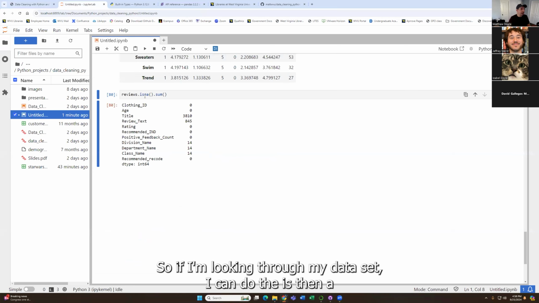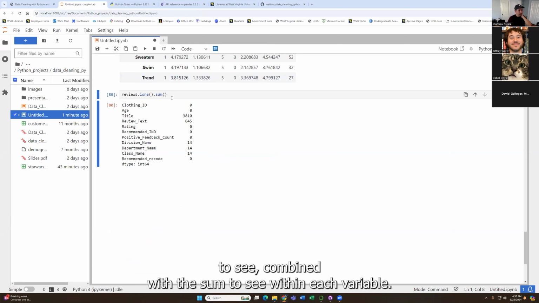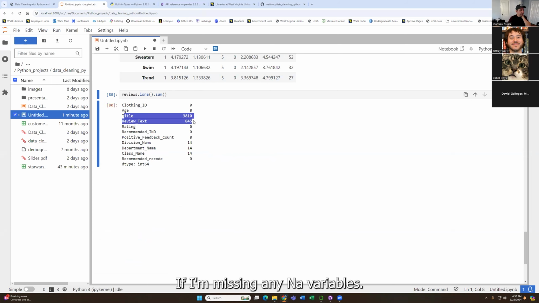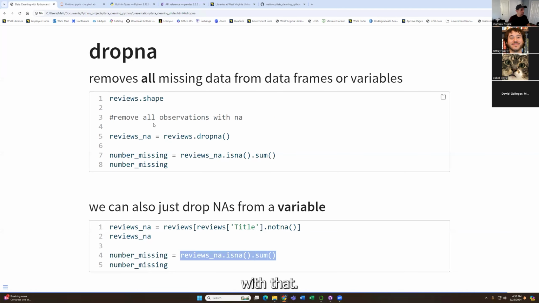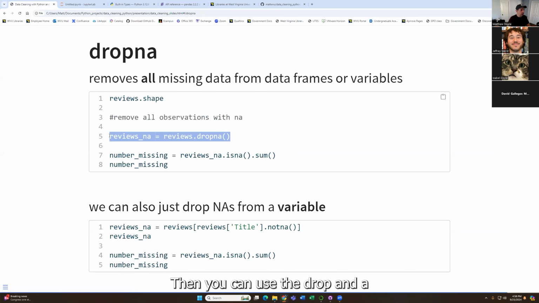So if I'm looking through my data set, I can do the isna combined with the sum to see within each variable if I'm missing any NA values. So in title, I've got about 3,000 missing ones. With that, then you can use the dropna